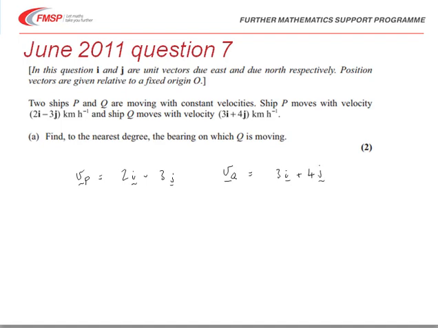For this one we're looking at the bearing of Q, so we're looking at the 3i plus 4j. In other words, we're simply asked to work out, for our vector, which is 3 along and 4 up,